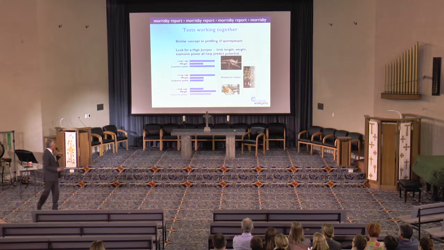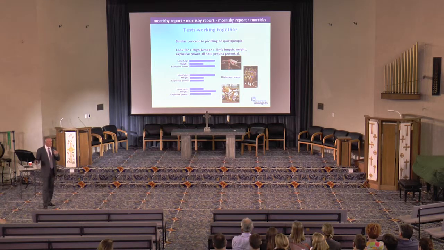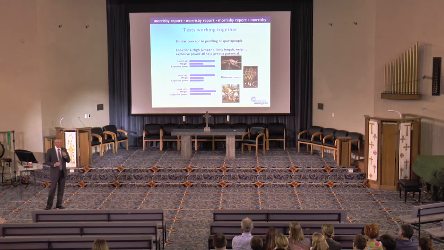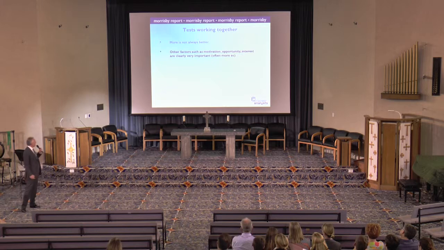However, when you go back to that first person, think about what makes this person good at high jump. Part of it is the fact they have low weight. If they had more weight, I could argue, I think quite well, that they'd be a better athlete in general across a broad range of sports. But the low weight makes them suited to the task. And that is key to Morrisby. It's what are you suited to? So, more is not always better.